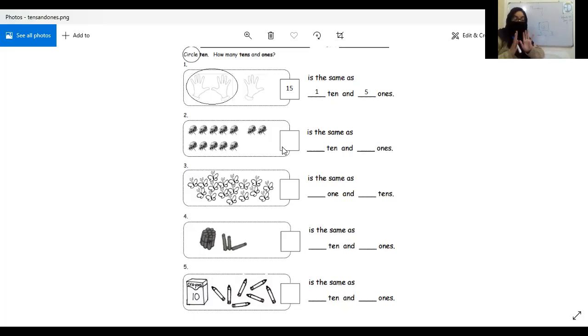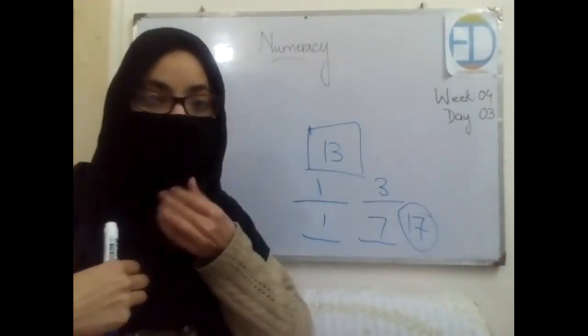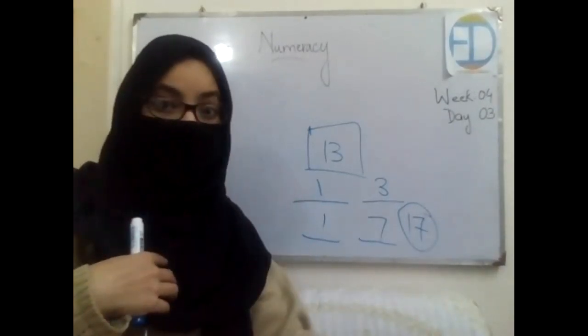Let's look at the last, which is a pencil box or a crayon box. Okay, it has already told you that there are 10 crayons in that box. So how many tens are there? 1. And how many ones are there? Count them. Yes, Sarah. How many? 8? No, count them again. 7. Excellent. So the number is 17, right? Okay. So it was a small starter activity and you have done it very well. So this means that you guys are understanding what we are basically practicing, right?